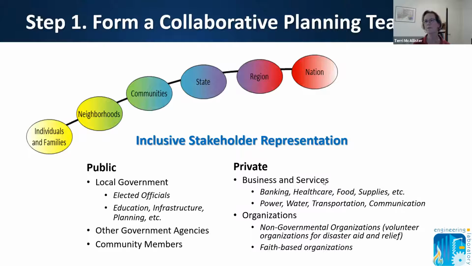So just to step through these briefly, the collaborative planning team: many communities only had a few people at the table when they were developing their plans, and they did not have a comprehensive method set in place to work with and inform the public and private stakeholders affected by resilience planning. And you can see our scale here goes from individuals and families up to the national level. Depending on the community, you would bring in the stakeholders at the various levels and make sure that they were talking with each other and understood what was going to be happening.